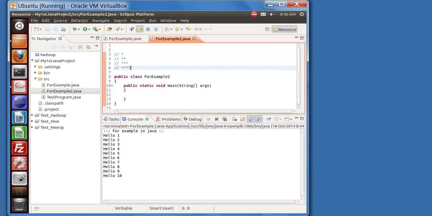I want to create such a pattern using a for loop. Of course, I would not do it line by line. Either I could write system.out.println with a single star, then system.out.println with 2 stars. I can do that, but that's not the logical thing. Because if I had to go from 1 star to 1000 stars, then who will be writing those 1000 system.out.println statements? We will not do that. What we will do is,